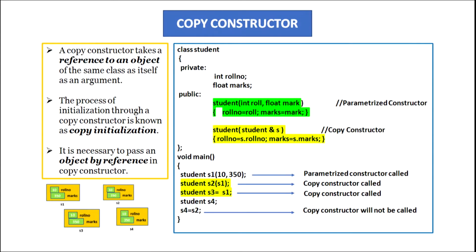One very important point to be noted is that the object should be passed by reference. If you do not pass the object by reference, then a copy constructor would be invoked again to make the copy of the object. And again, in the definition of the copy constructor we are asking it to make a copy. So, the copy constructor will be invoked again, and this process will become recursive, that is, it will be called again and again, and ultimately you will run out of memory and your system will hang. So, please be careful that in the copy constructor the object is always passed by reference.